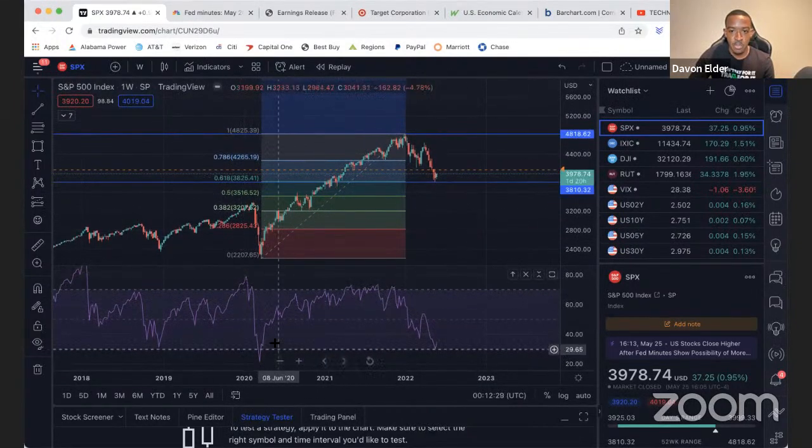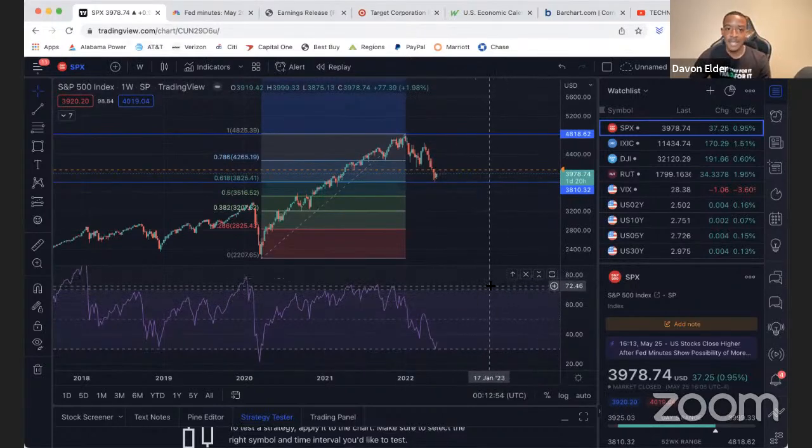And these are the purple lines. So let me explain what the RSI is. The RSI is the relative strength indicator. In simple terms, it measures when stocks are overbought and when stocks are oversold. When a stock is above 70 on the RSI, you really want to look at possibly considering selling. If it gets above 80 on the RSI, you definitely need to be selling stocks.